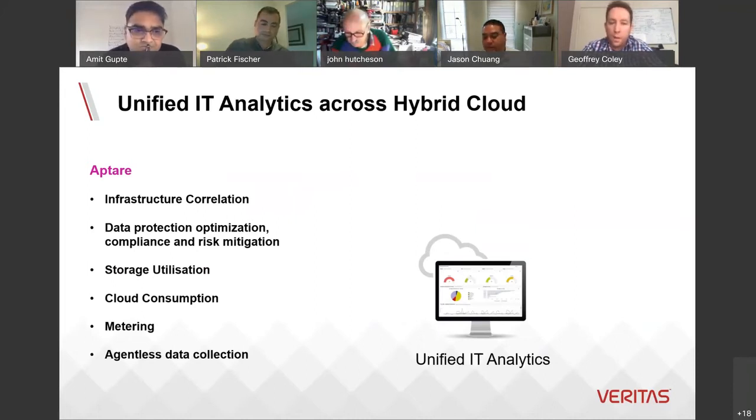It also works with most of the major enterprise backup tools available, not just the Veritas ones, and brings in that dashboard of whether your data is protected, optimizing that or risk mitigation for understanding what's protected, what's not, and what you have deployed into different locations. And you can then do metering as well as a side benefit.